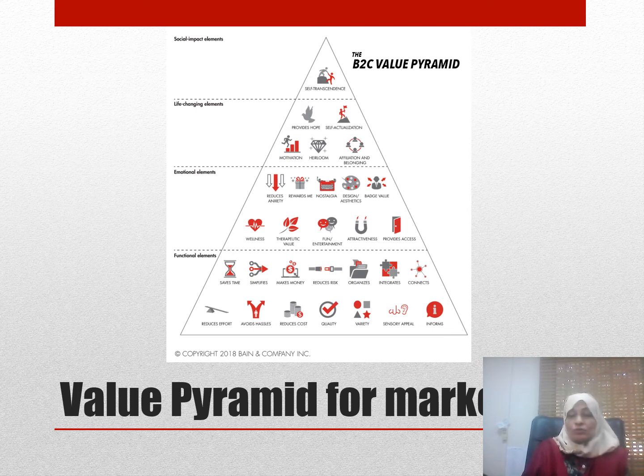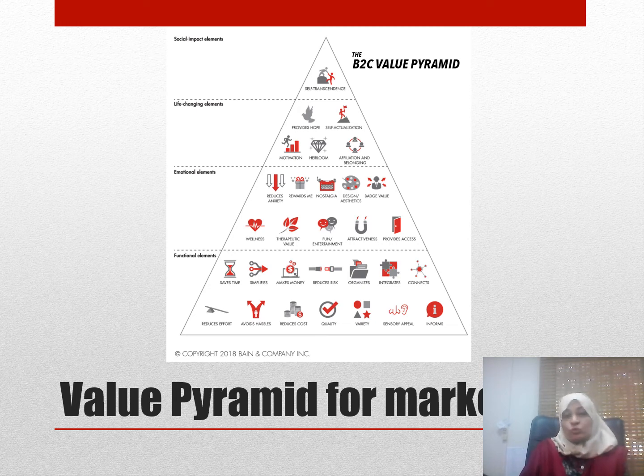I'm not asking you to understand all those 30 elements and try to say that your future invention would be offering everything. Well, it's merely impossible. What you need to do is to remain very focused. And what you need to do is to pick only one element from these 30, which could be connect,